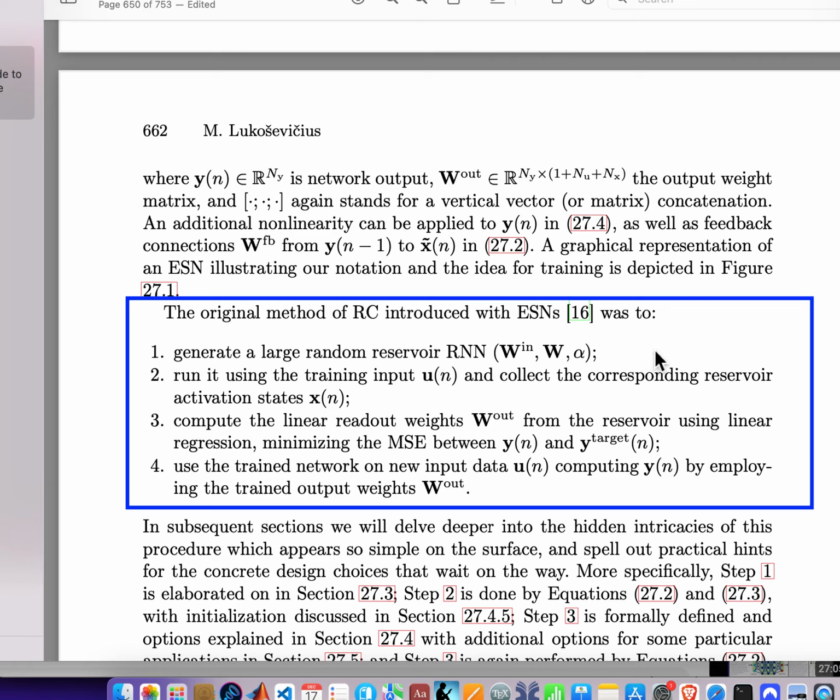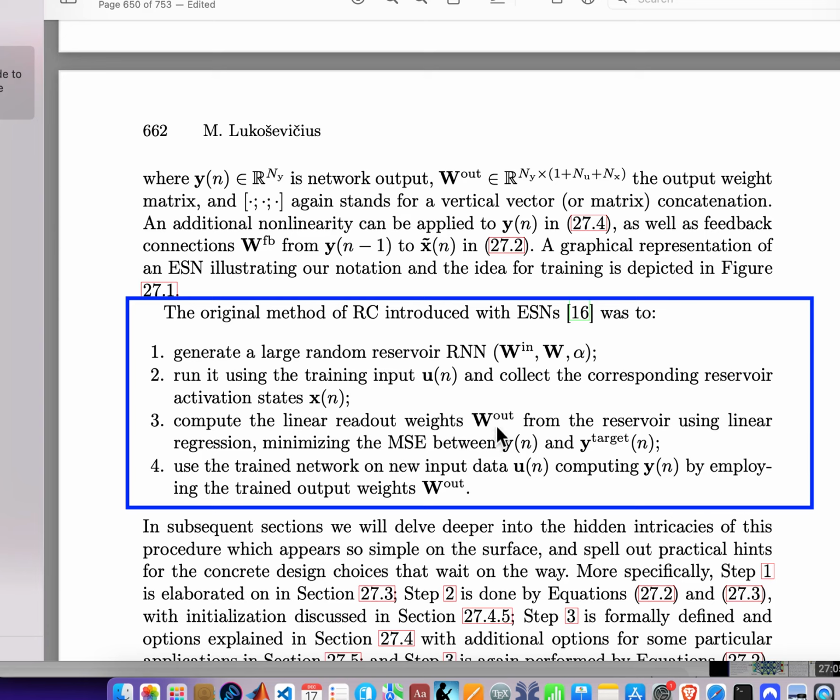I'm going to explain what that means a little bit later. Then we train the reservoir computing, which is the diagram that I just showed, and we collect the corresponding activation states. Then we use this matrix of activation states in the third point here to compute these